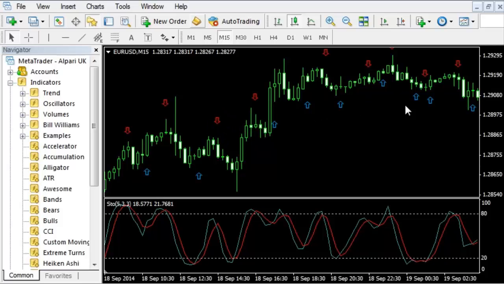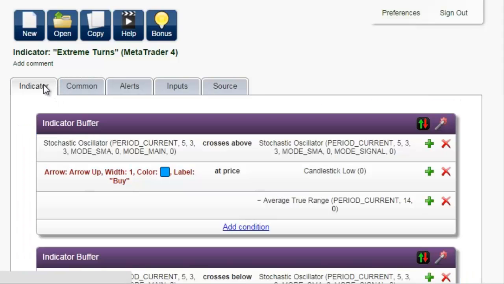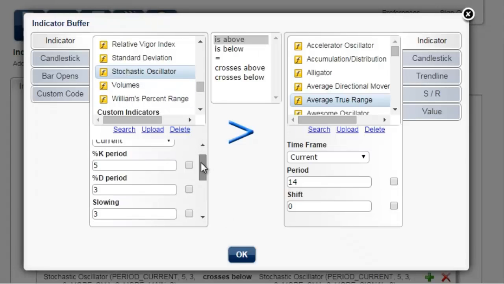But there are too many arrows when the market is in this flat area. We will make additional conditions to display arrows only at the extremes, beyond the overbought and oversold levels represented by the horizontal lines at values 20 and 80. Go back to the Indicator tab, add Condition, Stochastic Oscillator, Baseline,